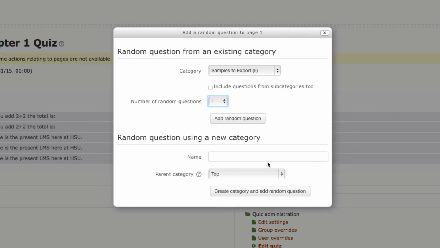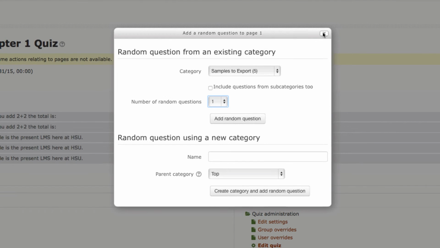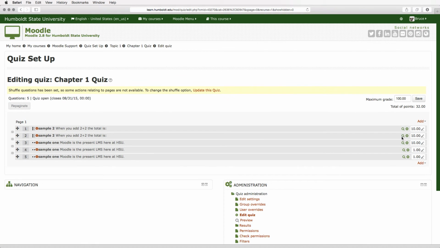Randomization is something you need to have a large bank of questions for. I know, for example, one challenge exam uses 25 questions and they have 800 to choose from. This prevents the users from getting duplicate questions. We have set up our quiz. We have moved some questions around.